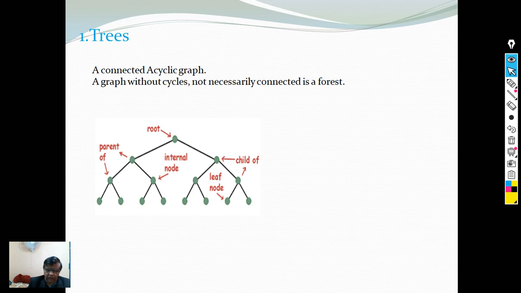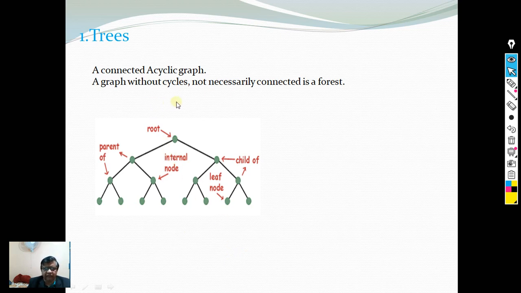Therefore a tree is also called a graph. All trees are graphs, but all graphs need not be trees because graphs will sometimes involve loops. A graph can easily be converted into a tree by removing certain edges or vertices, and a tree can be converted into a typical graph by adding a connection somewhere. So it is possible to convert a graph into a tree and a tree into a graph.